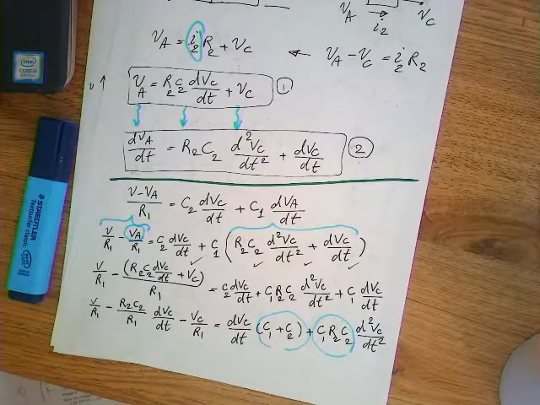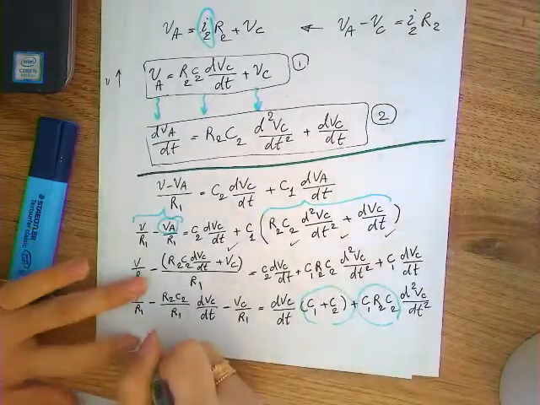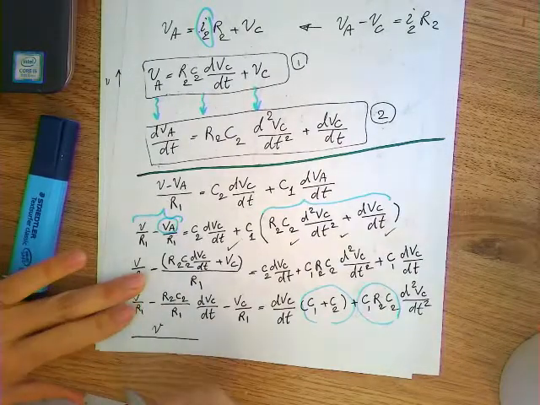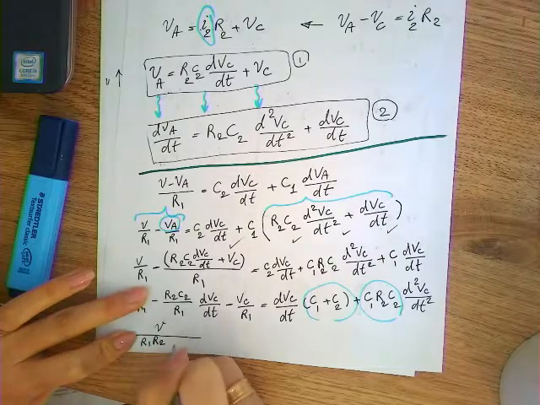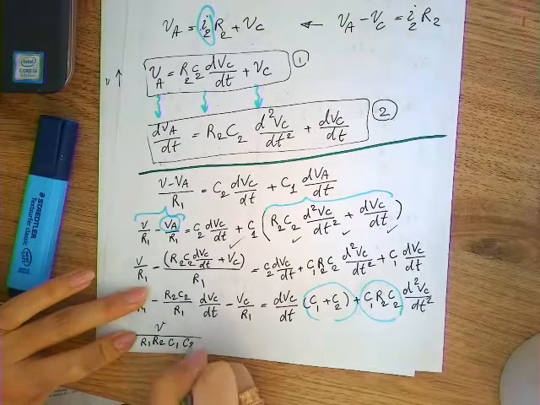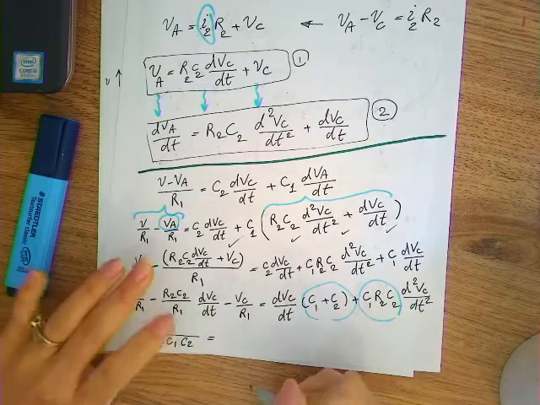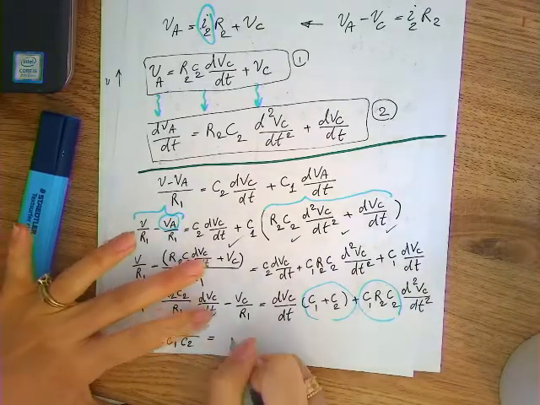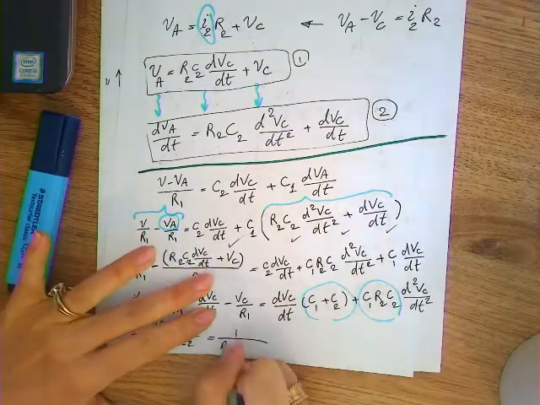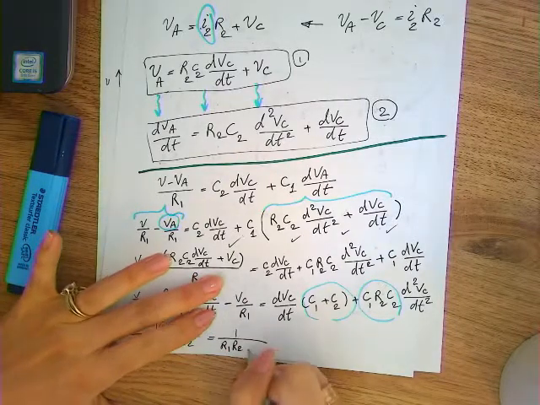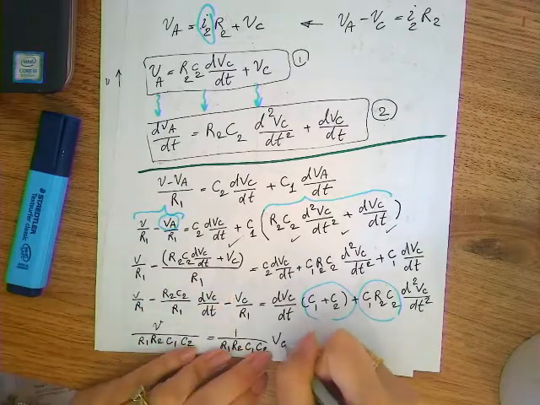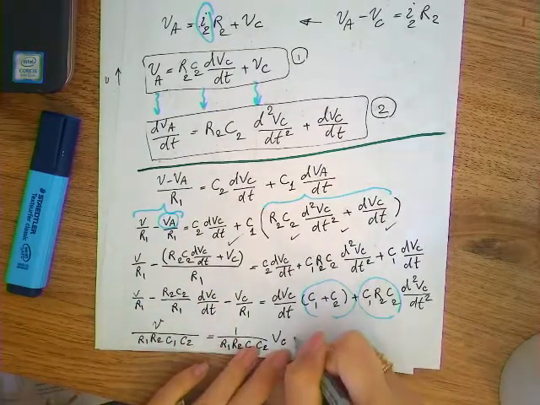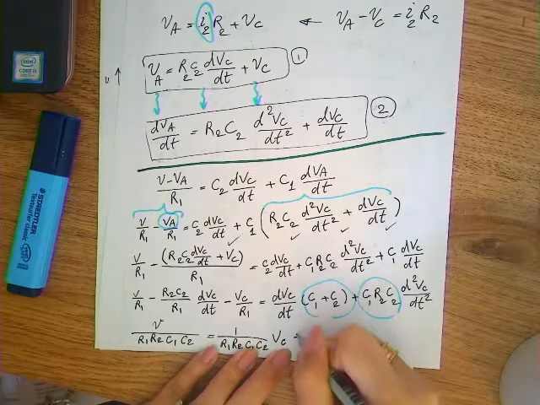The final equation will have V divided by R1, R2, C1, C2 on the left side, and on the right side it will have R1, R2, C1, C2 multiplied in Vc and there is a plus